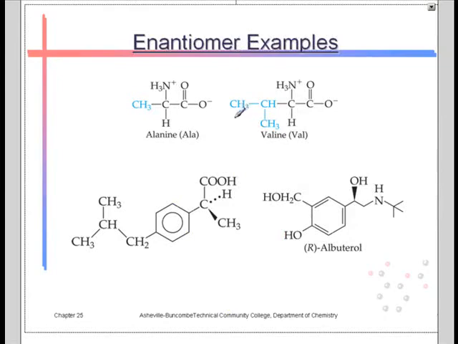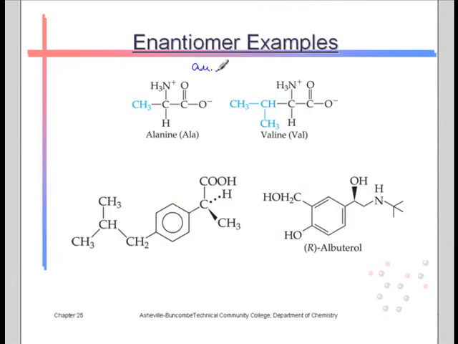I'd pause the video again. Each one of these molecules has at least one enantiomer, and go find it, and then restart the video. Now, the examples for alanine and valine, these are actually amino acids. Like I said, if you take biochemistry, stereo